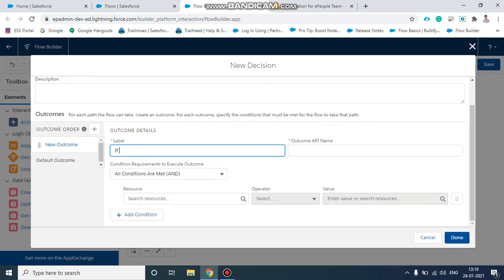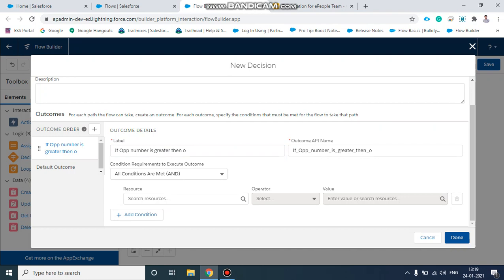If the number field is greater than 0, we will set up a loop where we subtract one by one and create a record. We will create multiple records based on that value, subtracting each time. If it matches 0, then we will stop creating records.